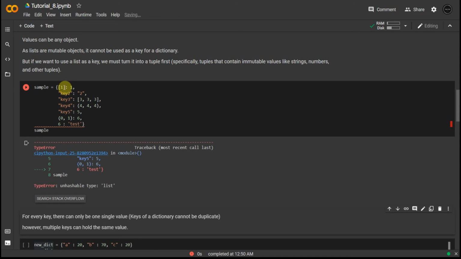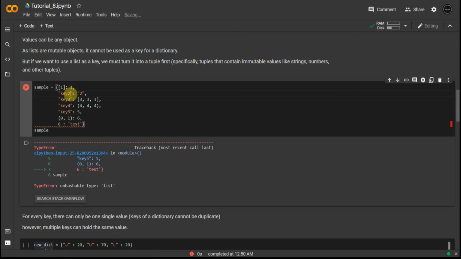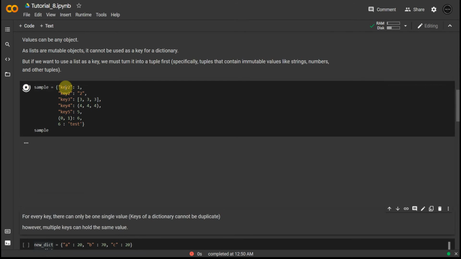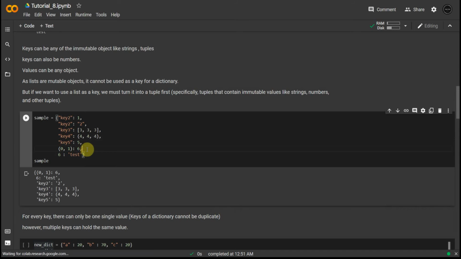All right. And one more thing, you cannot have duplicate keys. For example, if I try to do this, you cannot have duplicate keys. As you can see, we are assigning key 2 twice, right? So it's actually replacing the value.